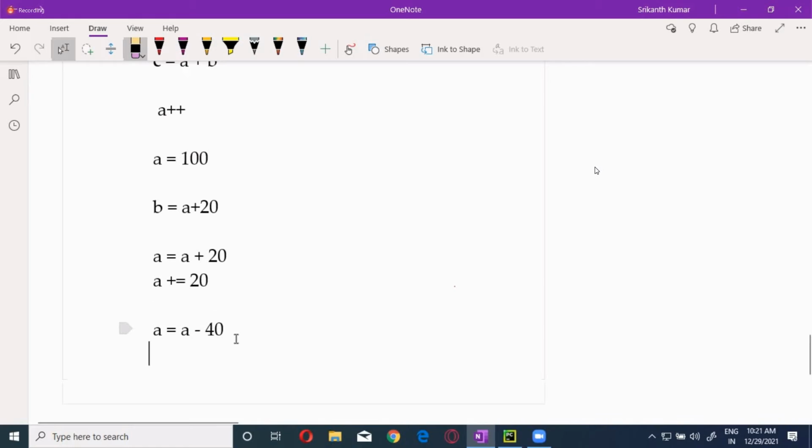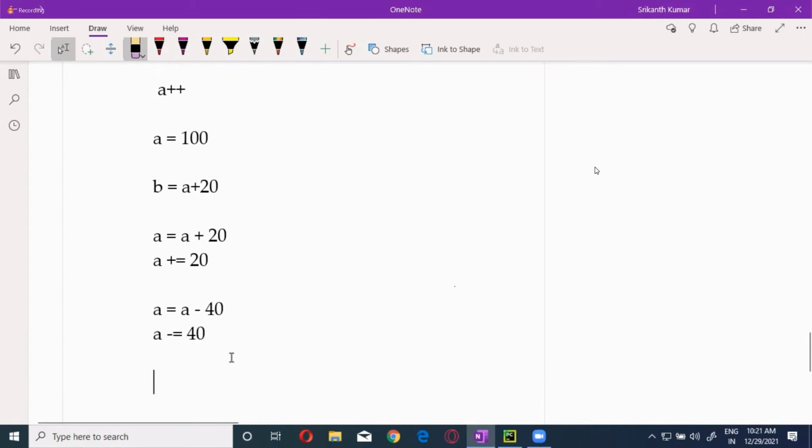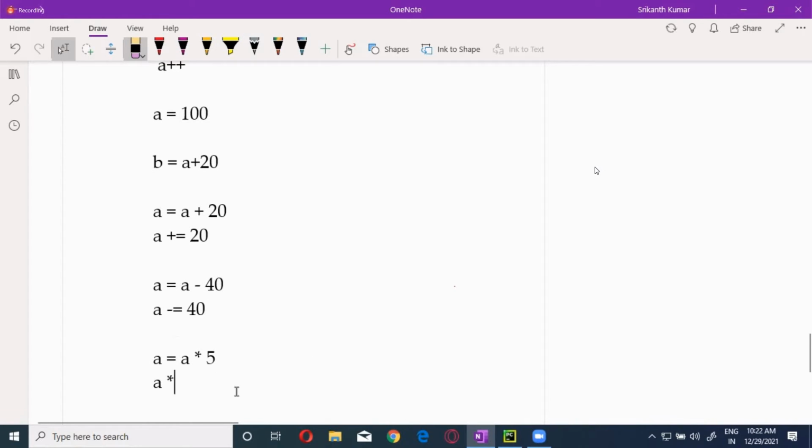This can be written as A minus is equals to 40. Clear, guys? Now if you want to do multiplication, A is equals to A into 5. 100 into 5 is 500, which will be stored into A. This can be written as A star is equals to 5. This is the short way of writing.